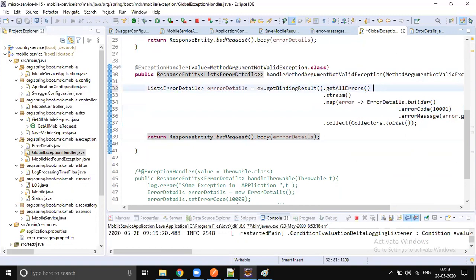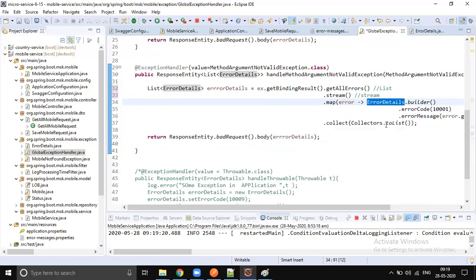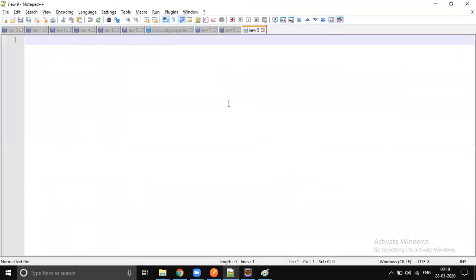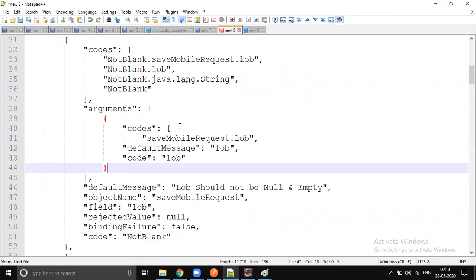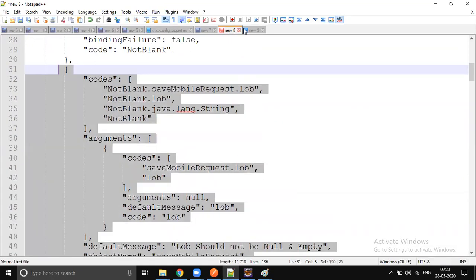Here you get a list and we convert it into a stream, iterating the list, and each error is converted into an ErrorDetails object. This error is different: it is a predefined ObjectError from Spring, which we convert into our own error message, because the predefined ObjectError has huge details.